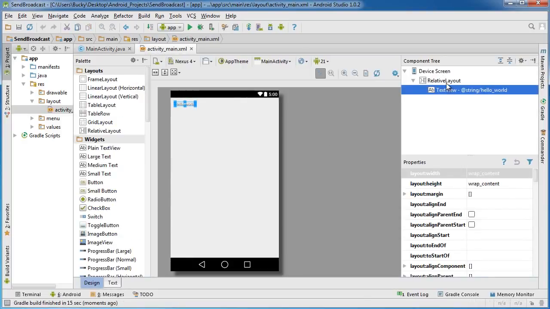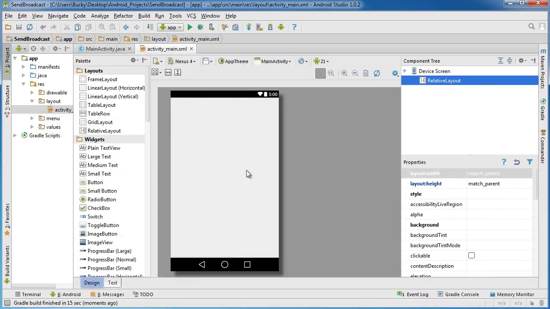So what I'm going to do is add one button to this screen, and whenever we click it, it's going to send out that broadcast to the entire phone, to anything that's listening for it. And in another project, we're going to set up something called a broadcast receiver. It essentially is just going to listen for this specific broadcast, and then we'll print out some text on the screen or something. So the first thing I want to do is just add a button,